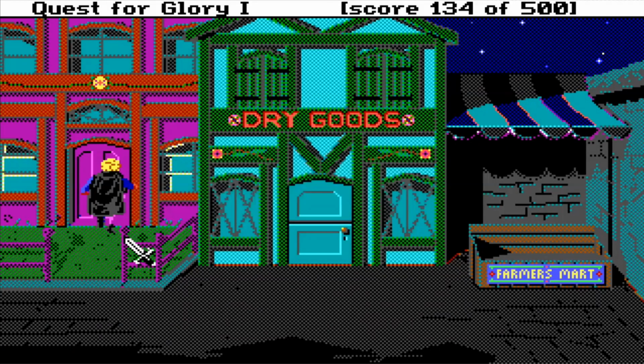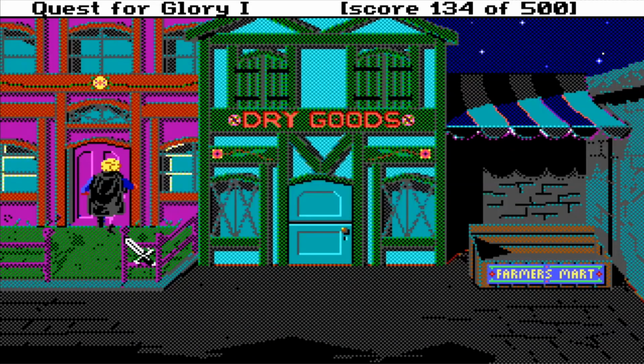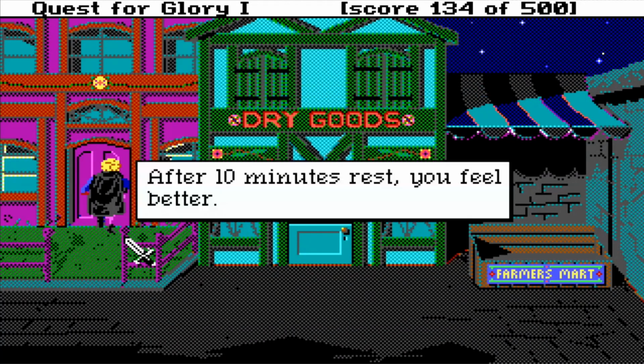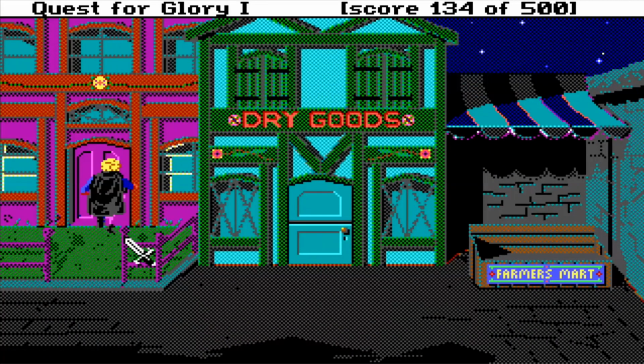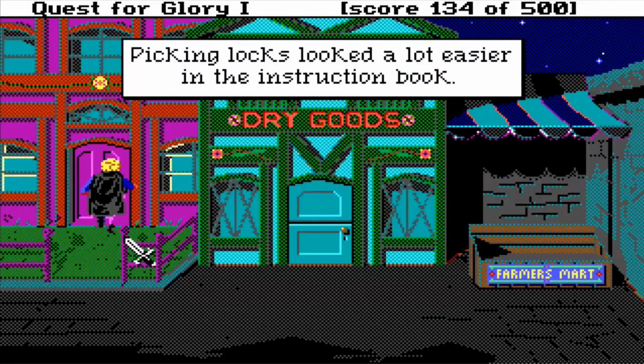But make sure you have some stamina before you try picking the lock. You do anything in this game without stamina, you'll probably die. So just keep that in mind. Get 10 minutes or so of rest in. Make sure you save the game in case you make a bit too much noise as you're trying to pick